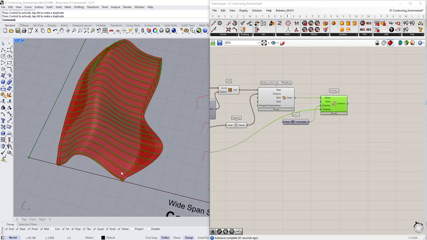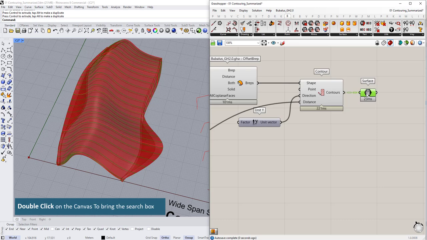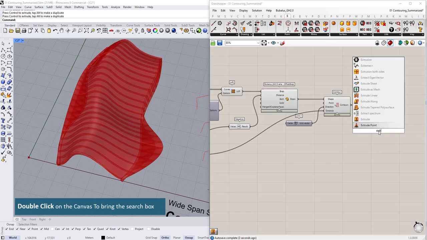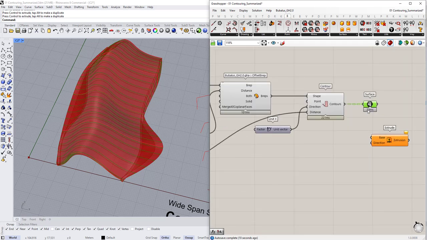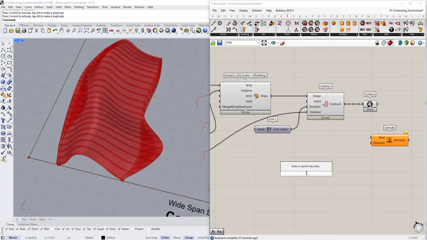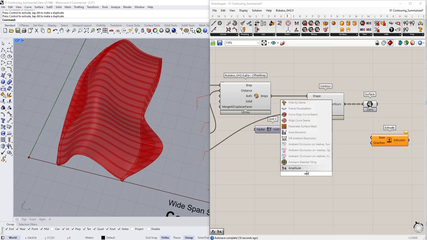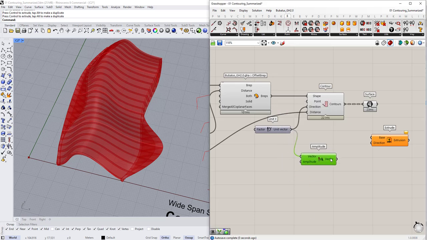Okay, so now we want to add thickness to this frame. So let's convert them into surface. So SRF to bring a surface, and type extrude. So we are going to extrude this surface in the same Y direction. So type amplitude, and the direction is going to be the Y, and the